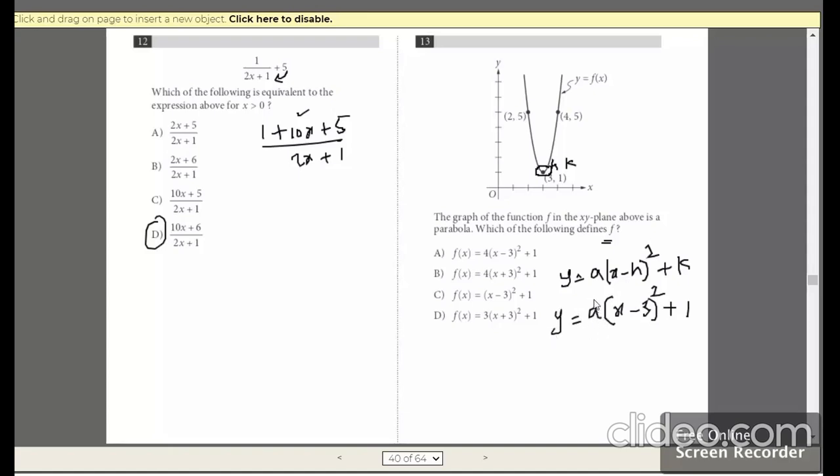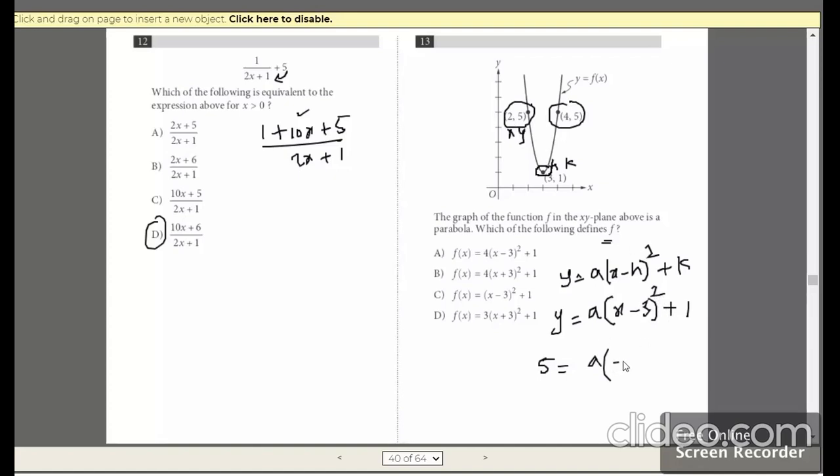So in order to get that a, what you have to do is just take any one point, which is your y and x point, and plug it in over here. So the y value is 5 and x is either 2 or 4, whatever, since its square is there, so it doesn't make any difference.